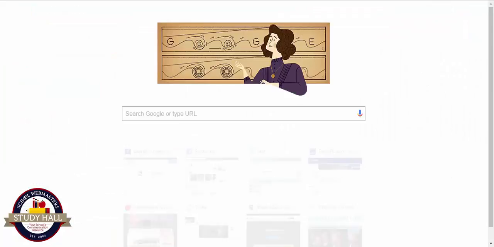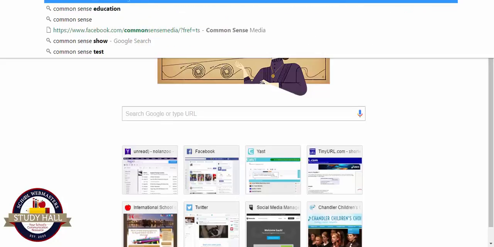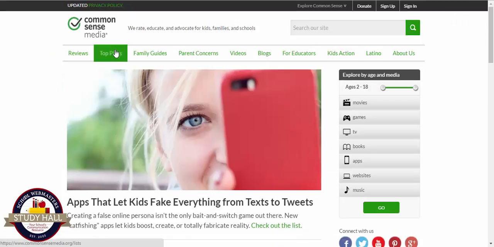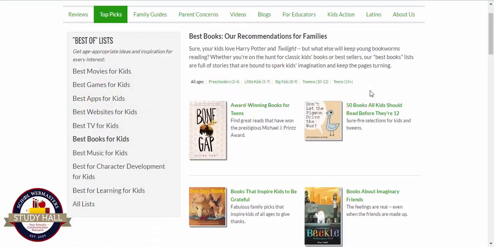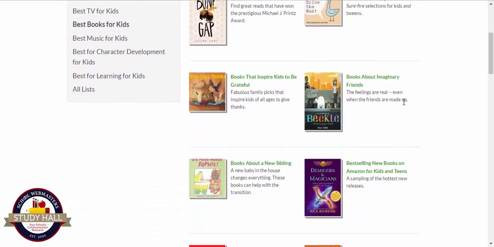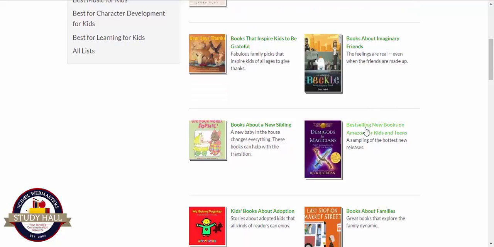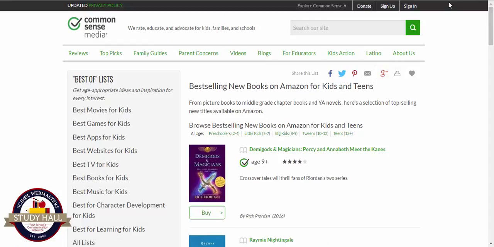We'll visit a website called Common Sense Media, and they have top picks for all kinds of things. So we'll look at best books. And as you can see, they have all these different lists. And let's say that we want to recommend the newest Rick Riordan book to your students. Then you would just pin this, and all you need to do is use that pin button that we talked about earlier. You would click the button,